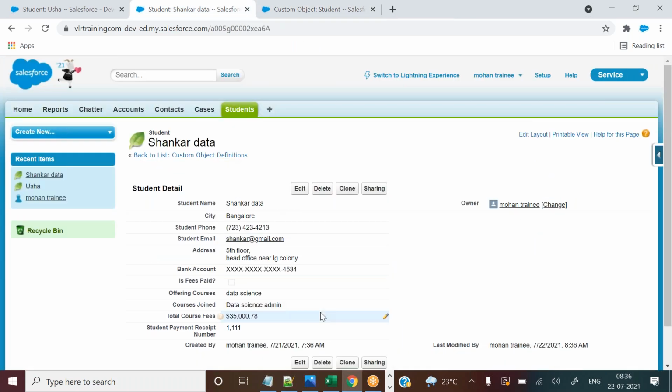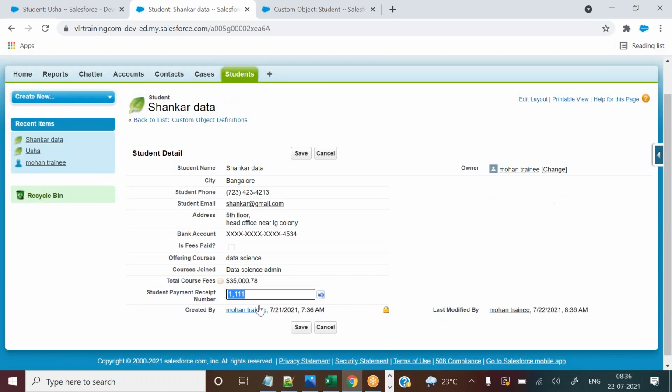Okay. And now one more thing I would like to say. This is the number data type field. So now you can see that data type benefit. Might be you might get some idea about the data types. Which data type have I selected for this field? Number data type. Let's try to enter some characters.